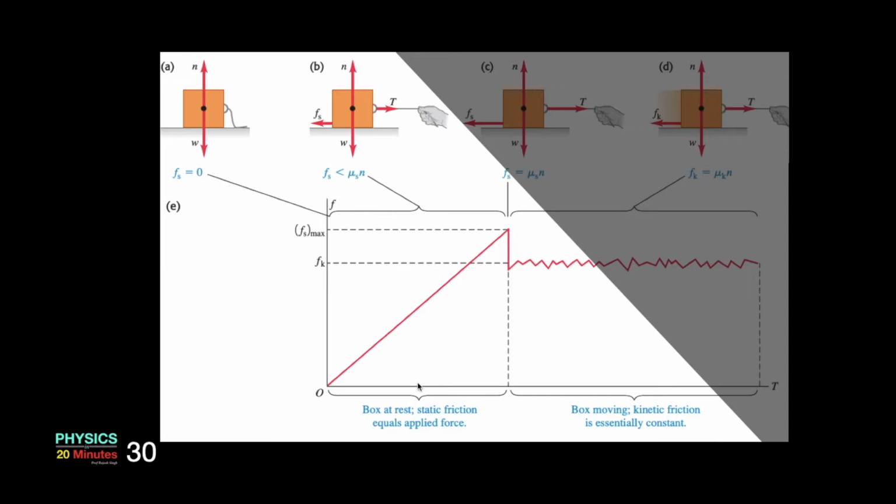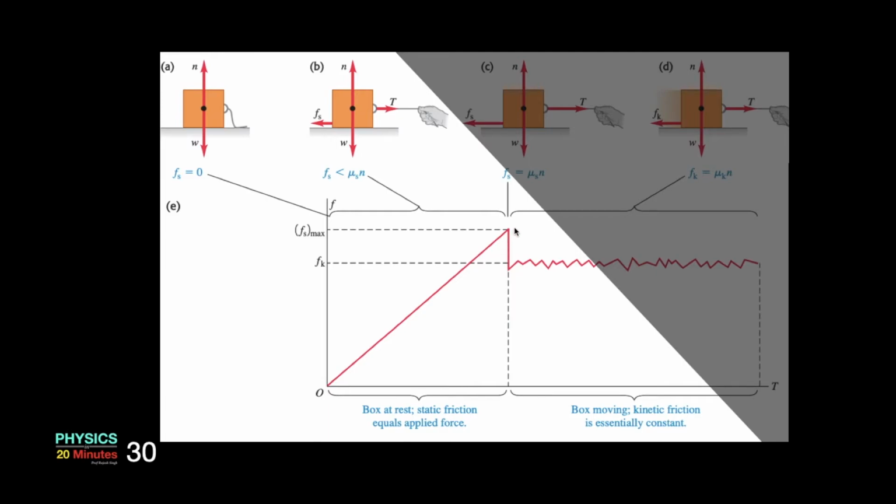So you are somewhere in the middle of this part of the graph. If you are applying some significant tension here, you will get some amount of static friction here. Now if you increase the tension from the center, let's say you come here, the static friction increases. So static friction along this graph keeps increasing. And as long as the static friction is increasing, the block will remain at rest. You can try this at home by tying a string to a relatively heavy object like a table or chair, pulling it and observing it.